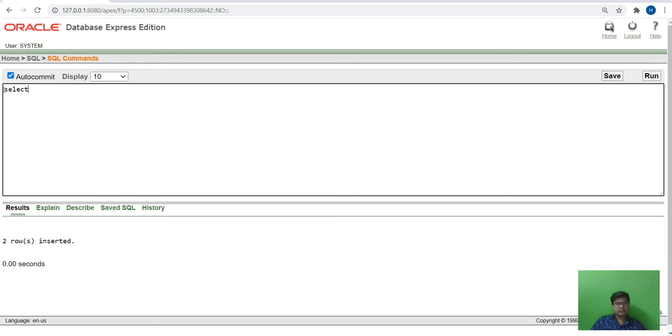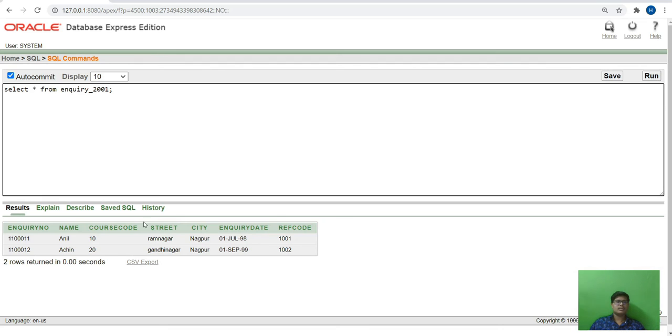Let's check. So these two rows are inserted here. Next we will go to the questions.